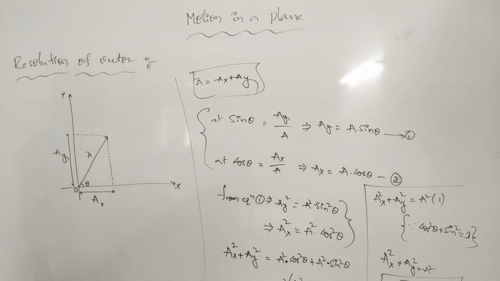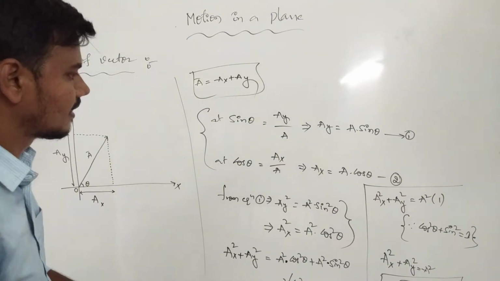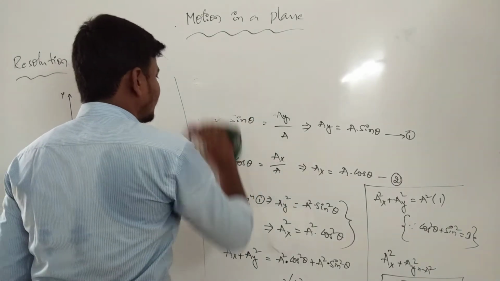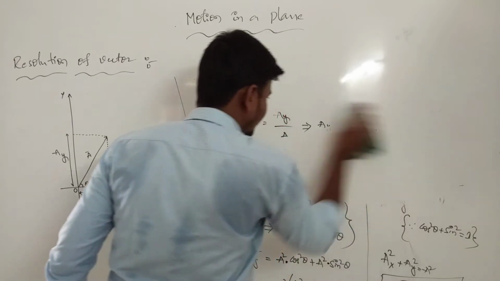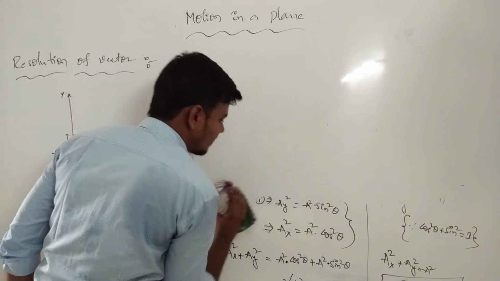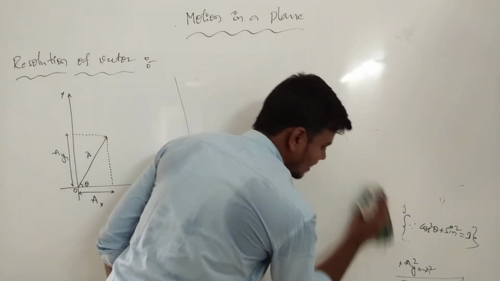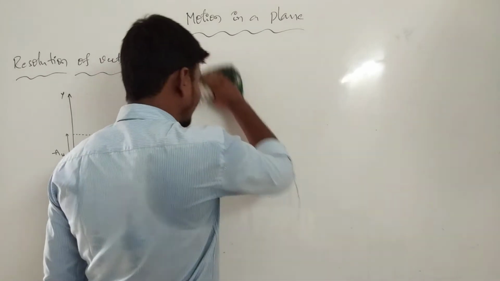Same as this, we are introducing the direction of resolution of vector. Okay, clear? Now this one is the magnitude of resolution of vector. Clear? We are going to the direction of the resolution of vector. Now what is the direction we are taking? Clear one? Okay, in a vector there are mainly two things. First one is magnitude and second one is direction. Clear? In our previous class I have introduced this.